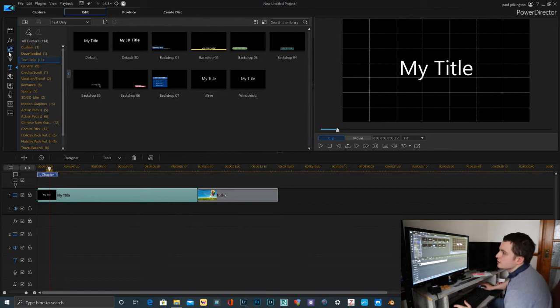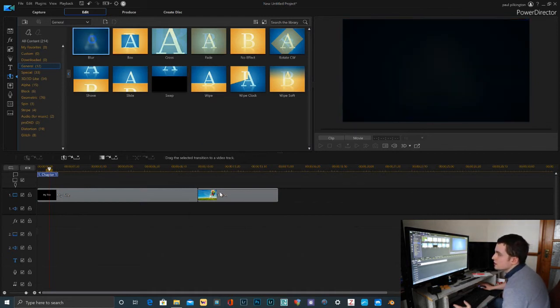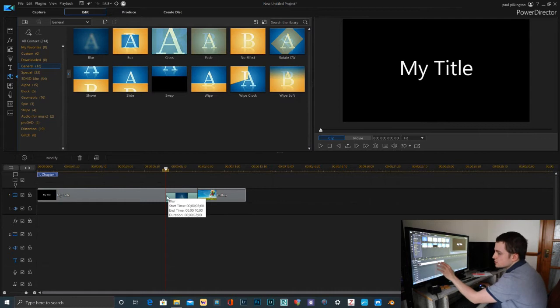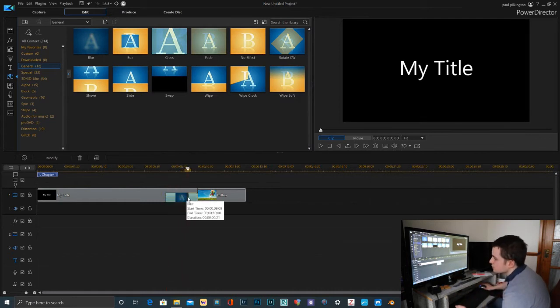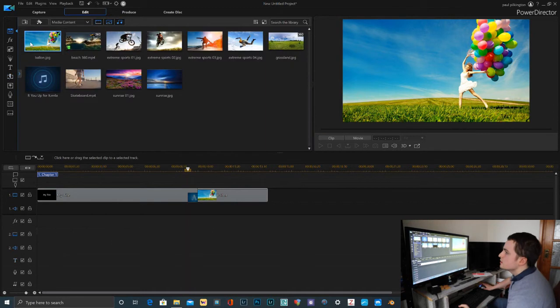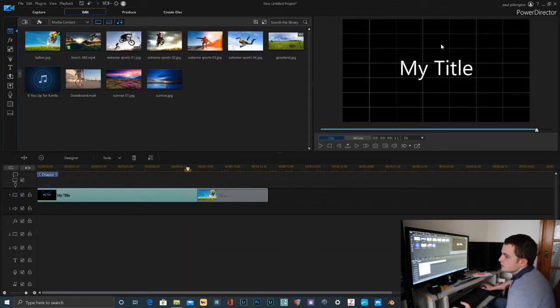We want to bring in an effect, so we want, say, a blur between them. The transitions will go between them. You can change this, so we want the blur to act quicker, so we can shrink down in size, and you can use a variety of different ones, but we're going to stick with this for the moment. And now we want to change the word as well, so we can go here, go to designer,